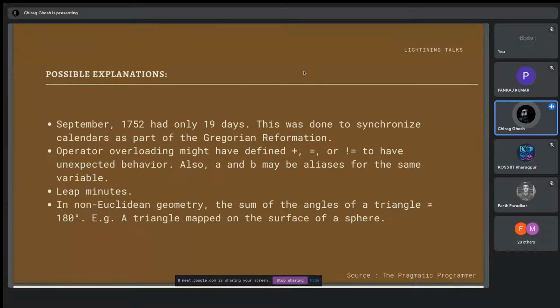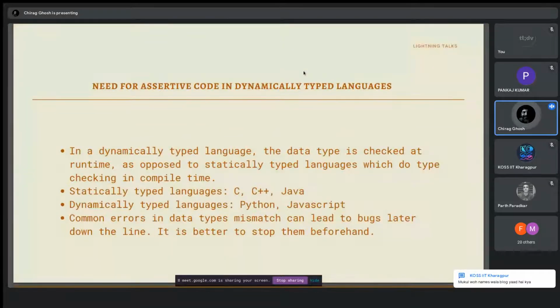So why did I say these things? Sometimes we assume things work some way and they don't. In coding, it sometimes happens that we make mistakes, we don't see them, and down the line they can cause problems. So what we do is we put assertions. That means, at the start of a function, it is called a precondition statement or something like that. We check that the state, like the data which we get, is right.